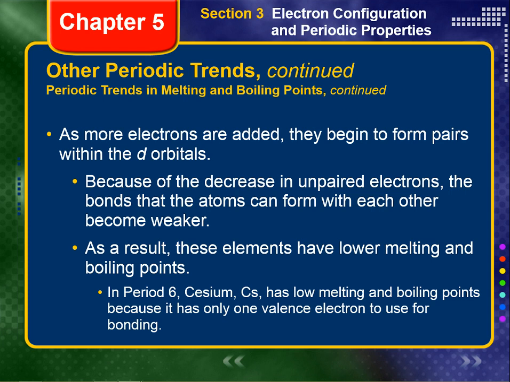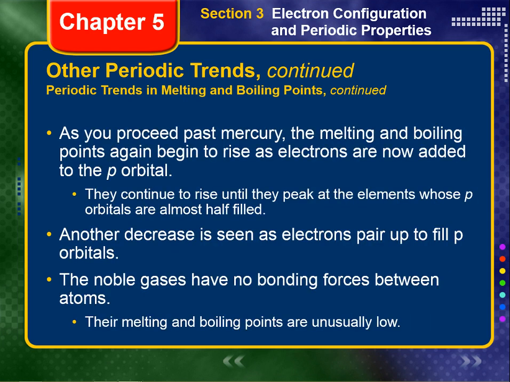Because of the decrease in unpaired electrons, because we're pairing more and more electrons, the bonds that the atoms form or can form with each other actually become weaker. As a result, these elements have lower melting and boiling points. For example, in period 6, cesium has a low melting and boiling point because it only has 1 valence electron to use for bonding. As you proceed past mercury, Hg, the melting and boiling point again begin to rise